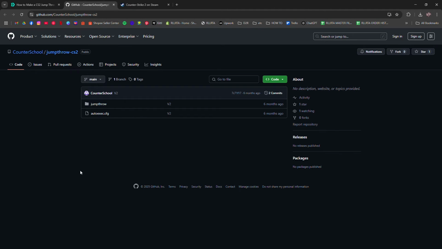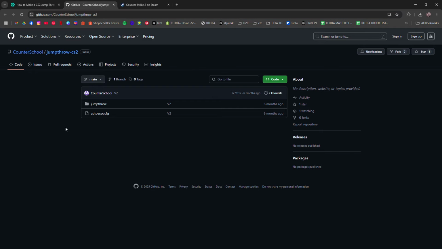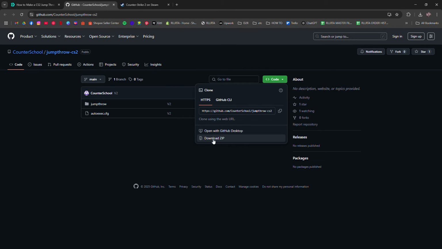So that's gonna be github.com/counterschool/jumpthrow-cs2. Keep in mind that people are saying that this may get you banned since Steam doesn't want you to use any key binds,